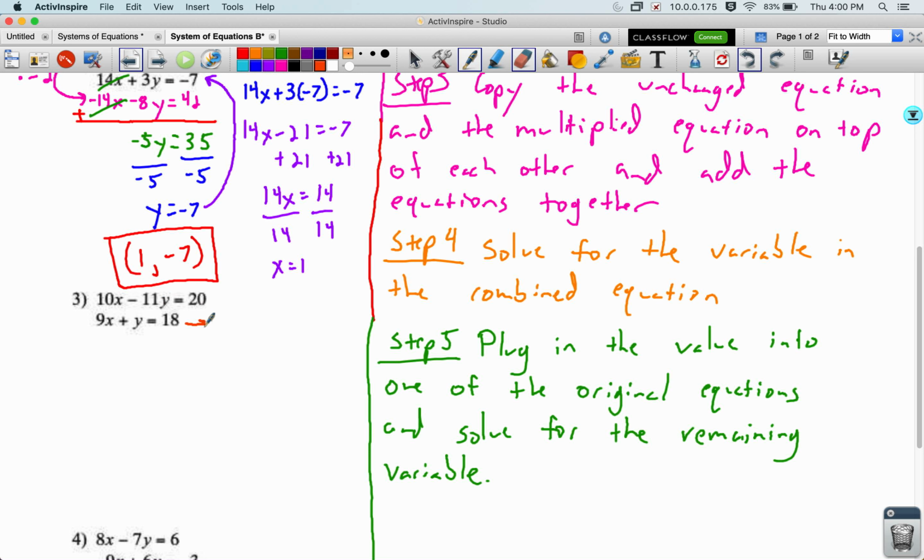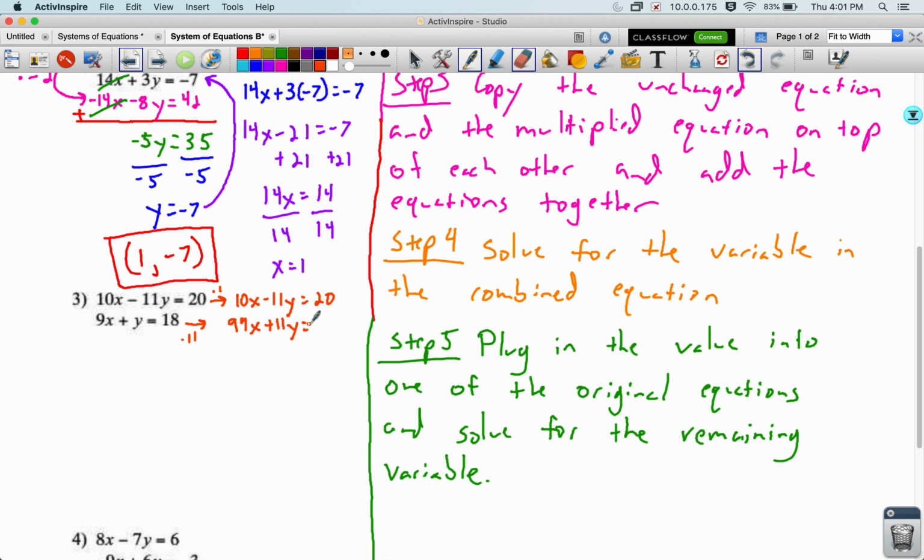So I'm going to write that off to the side. I'm multiplying everything by 11. Just going to copy this one. So times a 1. And I get 10x minus 11y equals 20. And 9 times 11, that's 99x plus 11y equals 11 times 18. I want to say it's 198, but not a bad one to double check in the calculator,